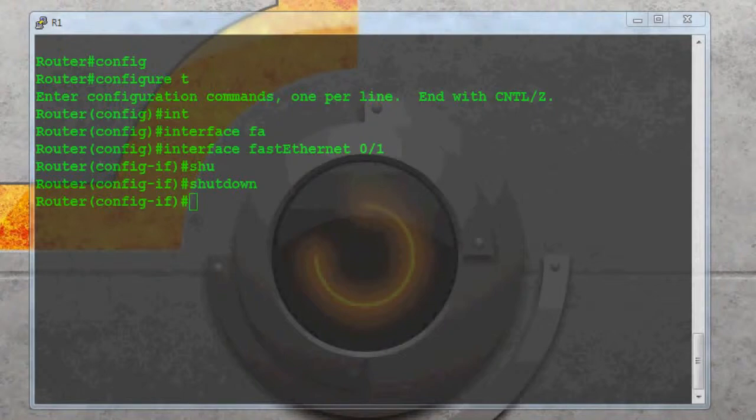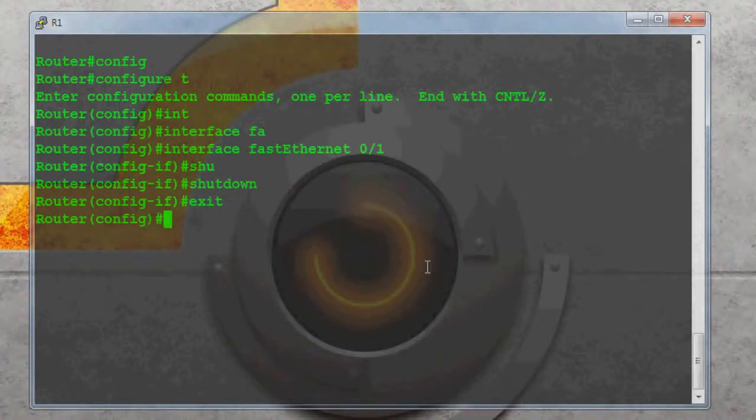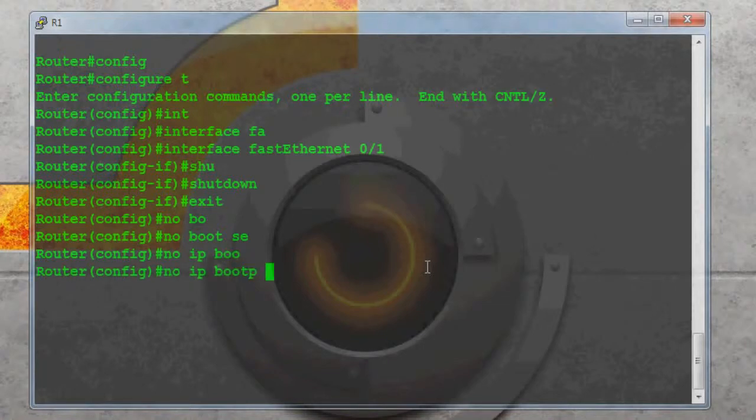So exit from here and type no ip bootp server, and it's disabled.